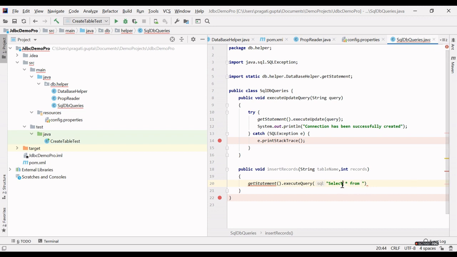For select query we will use execute query method. Select all from this patient table, I mean this table.